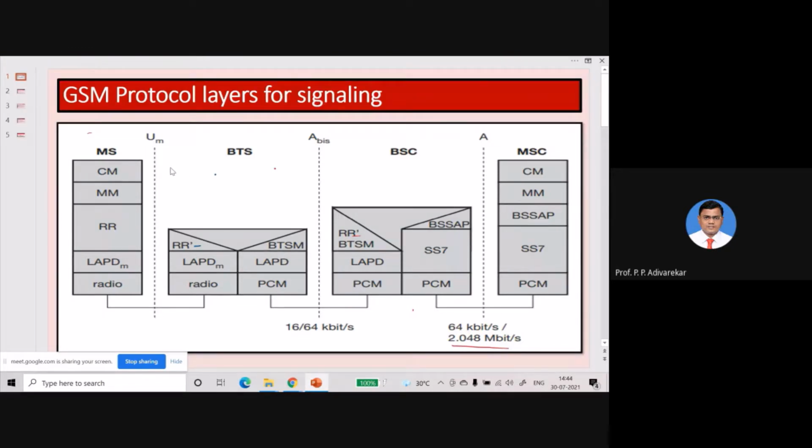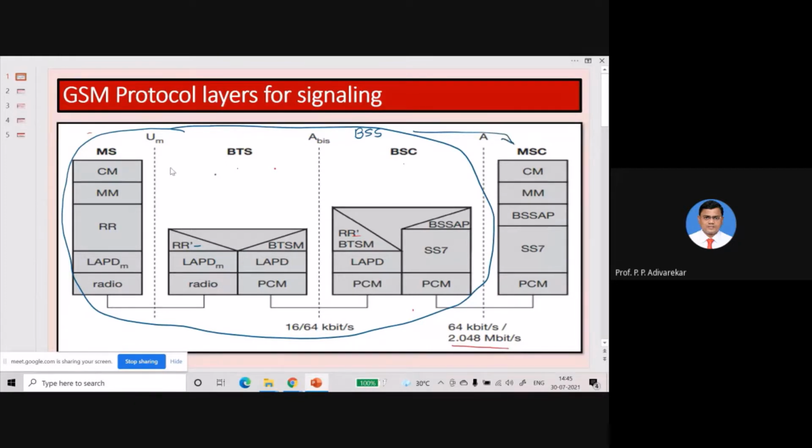Just see here, these are the three parts of the BSS, if you remember. This is the BSS, which has the BSC, BTS, and MS, and it is managed by the MSC.